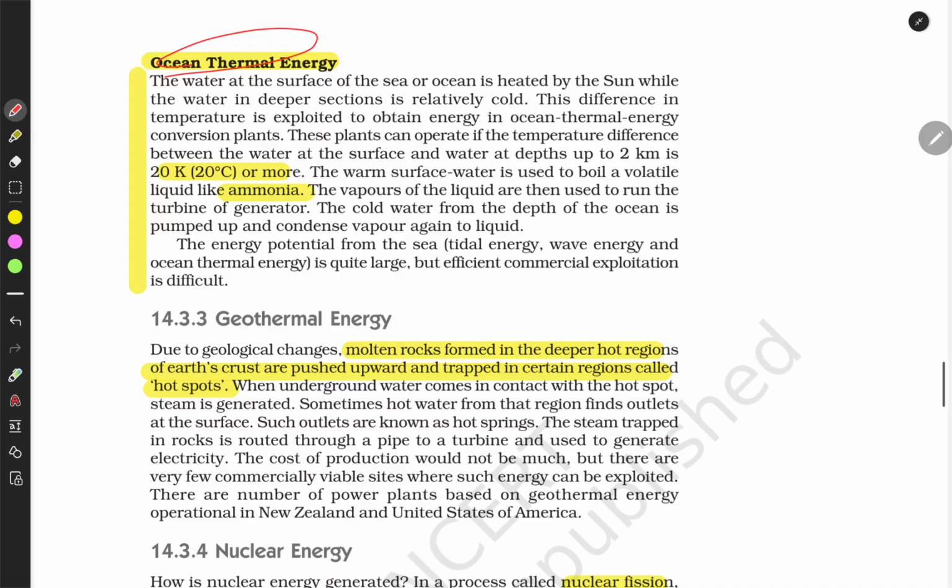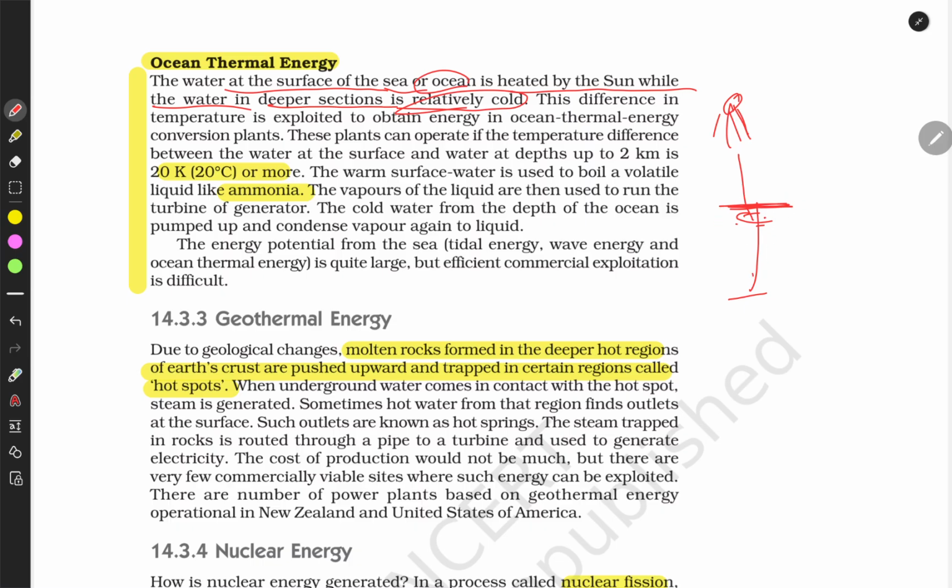There is one more thing, ocean thermal energy. What is that? There should be a temperature difference between the surface of the water and 2 kilometers beneath it. How does it work? The water at the surface of the sea or ocean is heated by the sun, while the water in the deeper section is relatively cold. So when the sun heats this water,